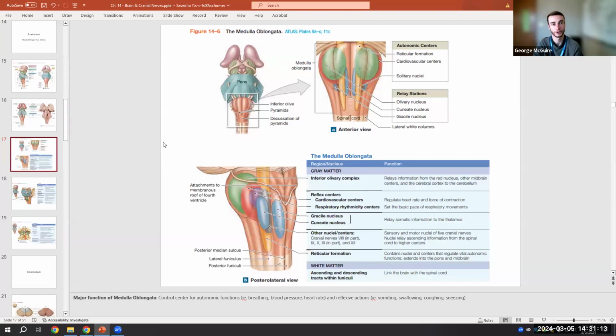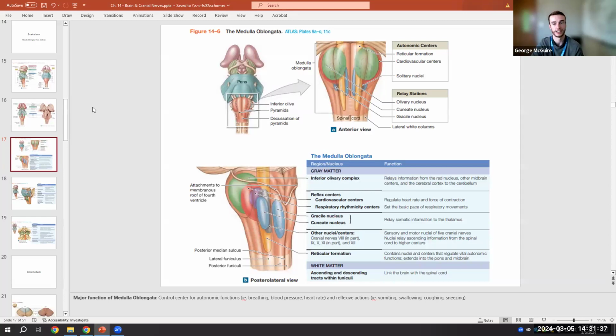So for our medulla oblongata, this is the most inferior portion of our brainstem, where we are now moving away from the spinal cord and up into the brain. And this is a control center for a lot of our major autonomic functions. So breathing, your heart working, pumping blood throughout your body, the reflexes involved with those things, such as increasing heart rate or decreasing heart rate,